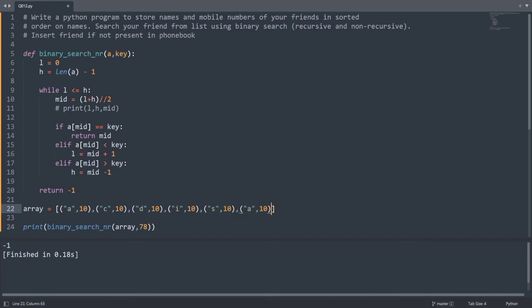Let's just take some more values. After S, let's just take W and Z. The number also, let's just take 79. So here, as they have said,